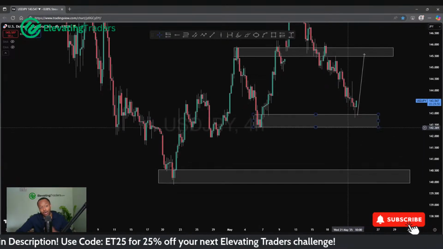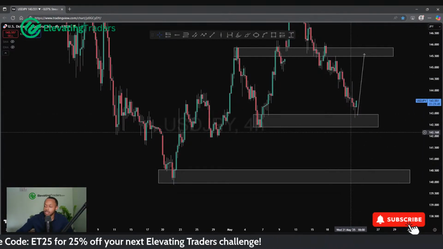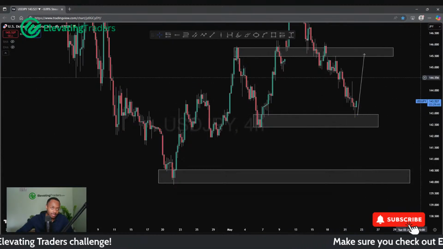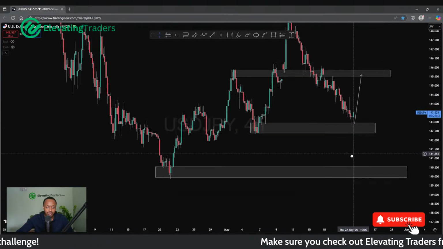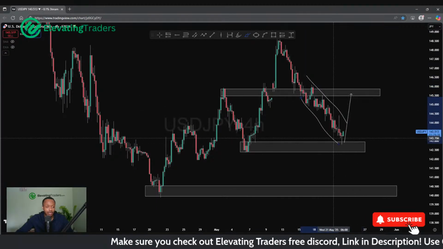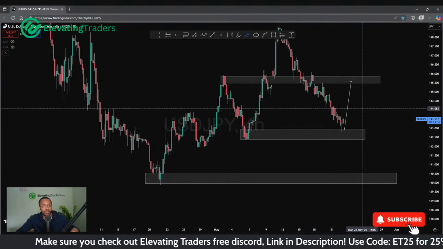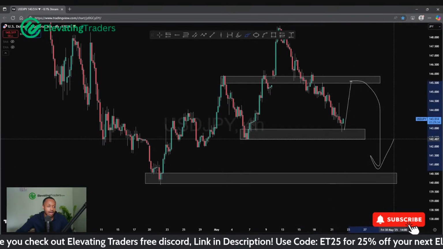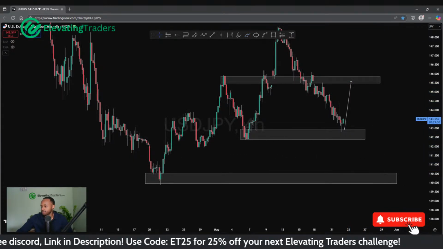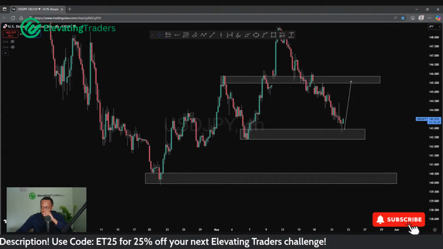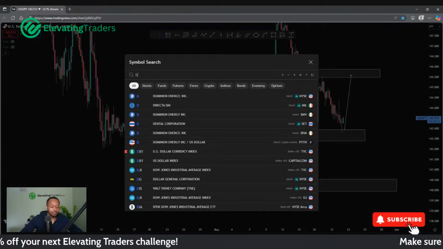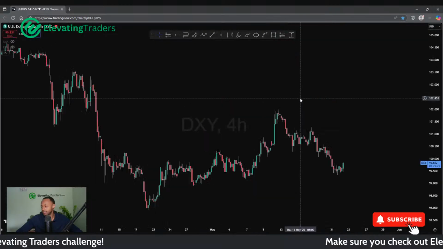So USD JPY still does have somewhat of a bullish bias, but I'm no longer expecting us to have a massive swing anymore based on what we've seen. But we're still overly corrective, still coming into bullish areas. I do think we can still bounce, but yeah, perhaps we are going to get a bigger swing to the downside at this rate. I'll go through DXY, and then I'll go through the rest of the yen pairs.